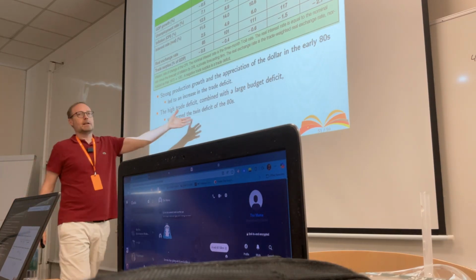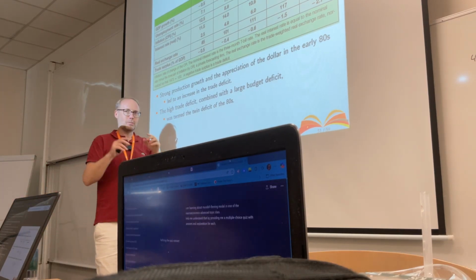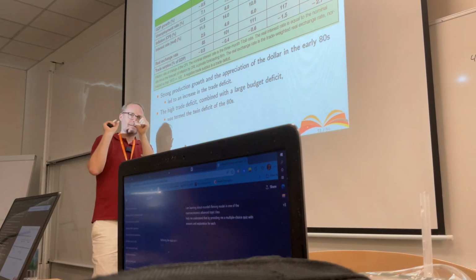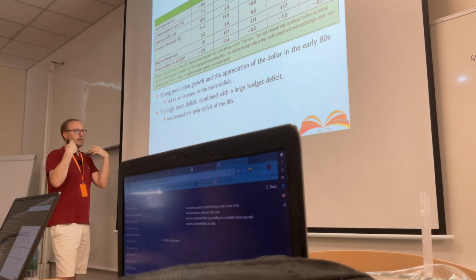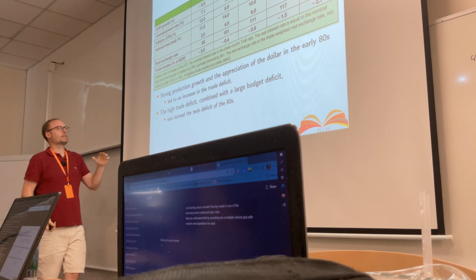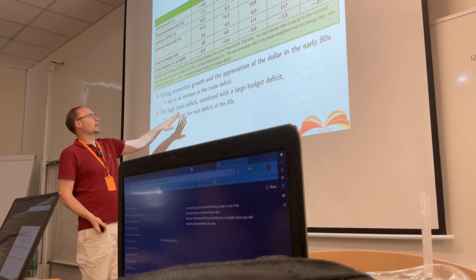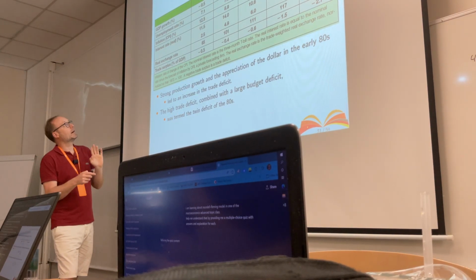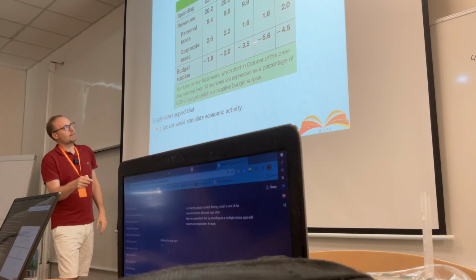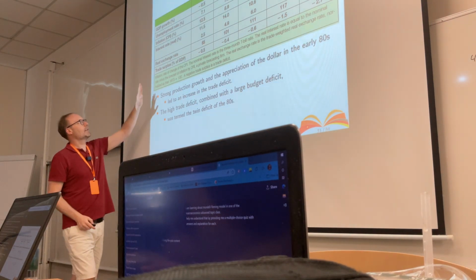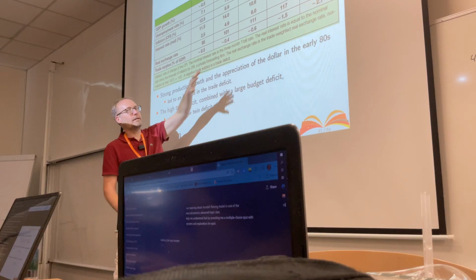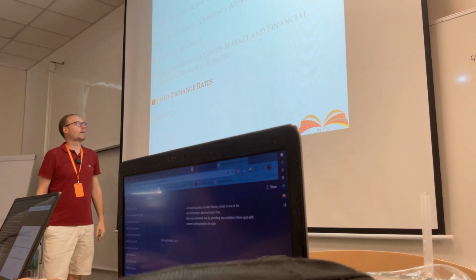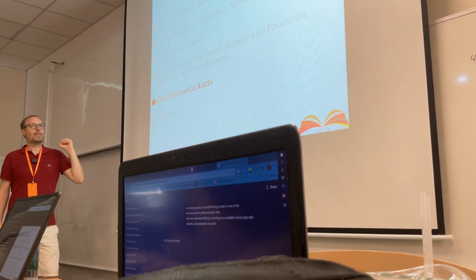So we have this double dip recession, which is what these two recessions at the beginning of the 80s are called. From an open economy perspective, we have the twin deficits of the 80s, because it was not only a large budget deficit, so negative surpluses, they also came along with very large negative trade surpluses. And this is actually kind of where